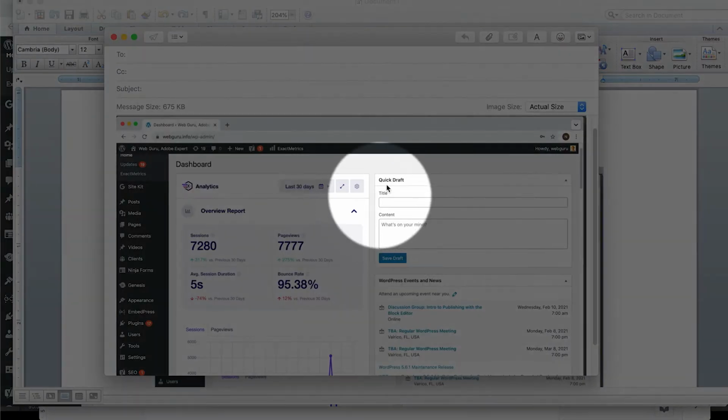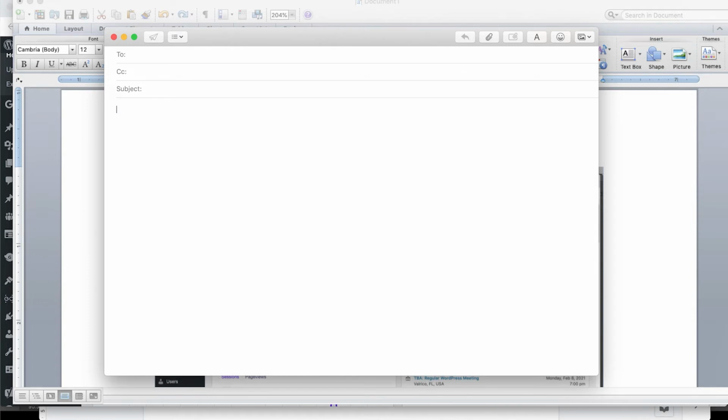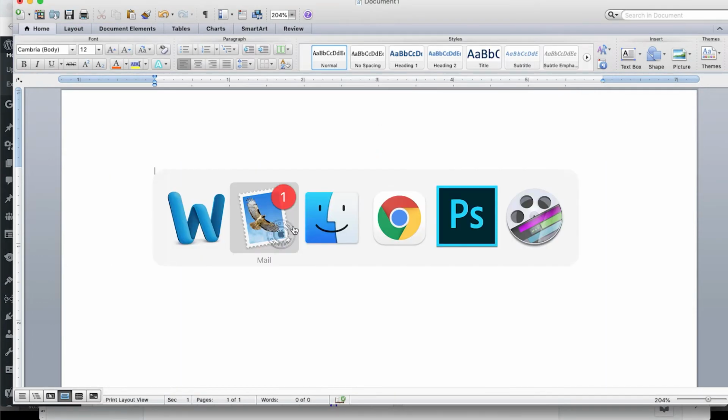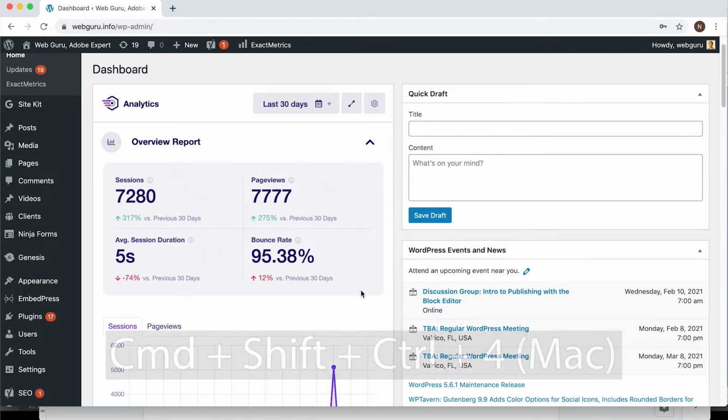Now the only thing I don't like is that there's all this other stuff that I don't need. So I'm going to delete that. I'm going to delete this from the Word doc. And then I'll show you actually my favorite way of taking a screenshot and the one that I use most commonly. And that is